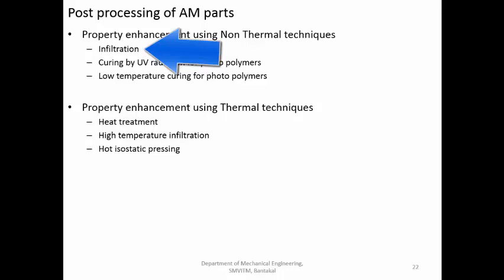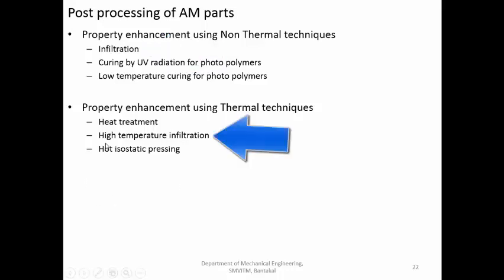Also, infiltration can be done at higher temperature. We can see here high temperature infiltration. This is done in some materials where the pores are not sufficiently large and the material cannot enter into them because of capillary action. In that case, you are heating both the workpiece to a very high temperature and also the metal which you want to infiltrate. So when the workpiece has reached a significantly high temperature, you dip it and allow the material to enter into the workpiece, and after you allow it to cool, the material will remain there, and its strength has also increased.